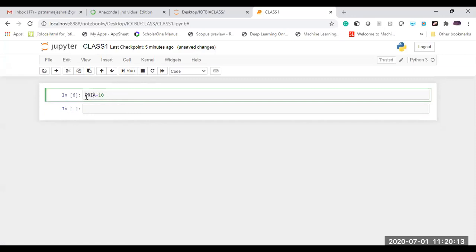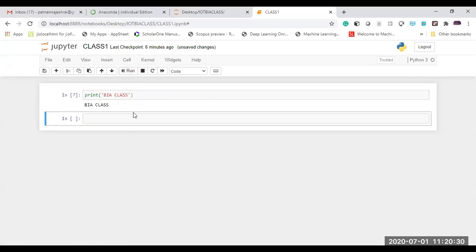For example, if I write print BIA class, and I select the run option, it is going to give an output.